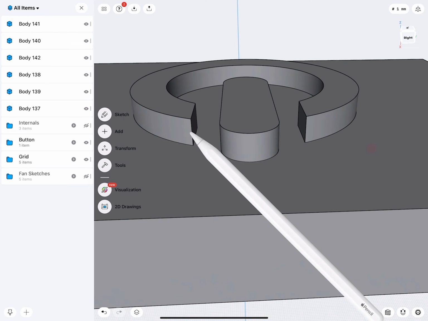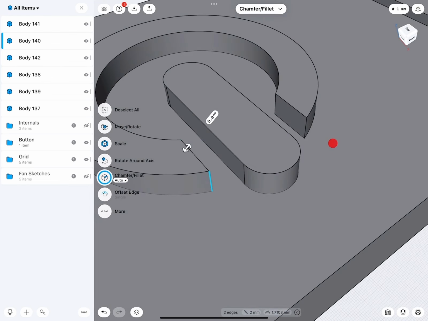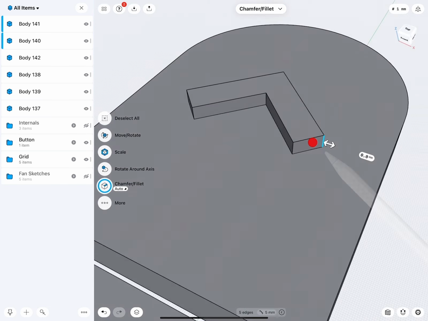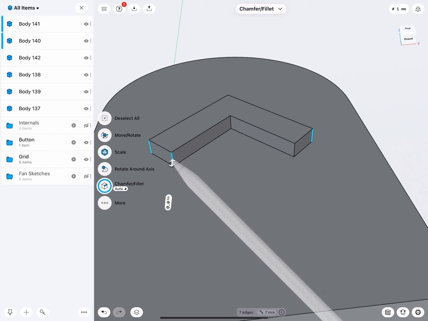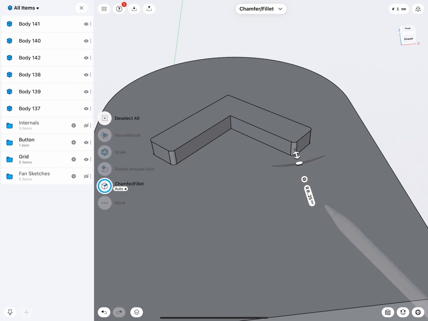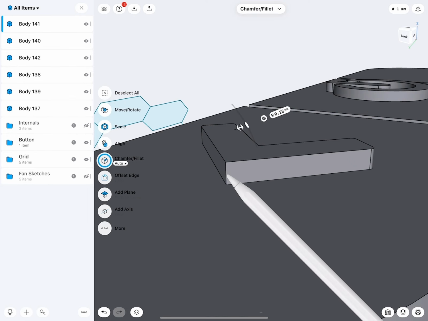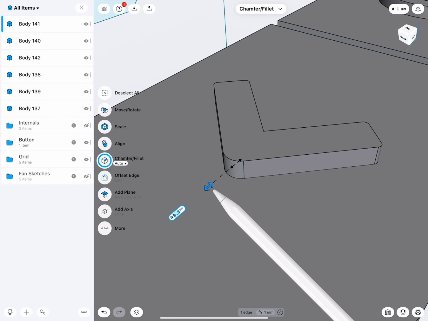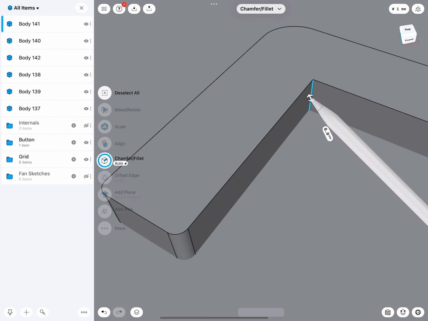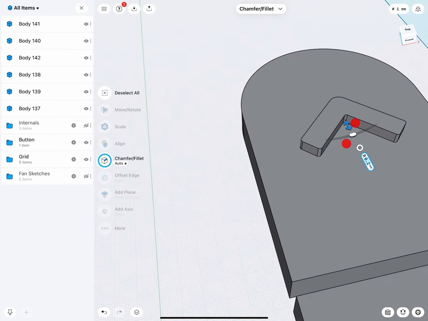Okay. We can do a little bit of detailing based on your interest, how you would like to do this. There, there. 0.25. One, maybe a small fillet.